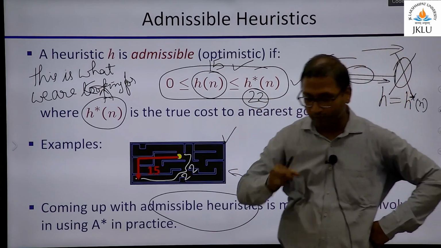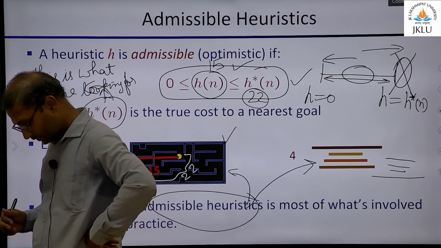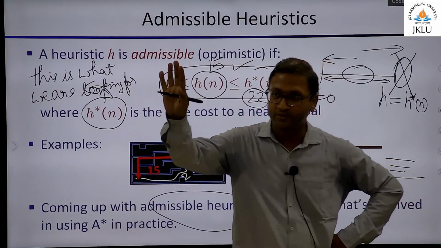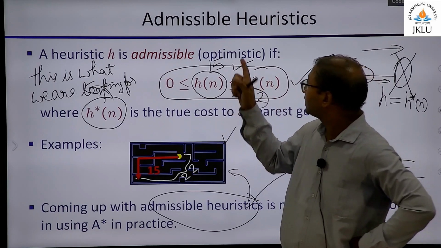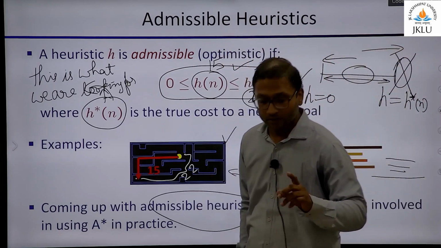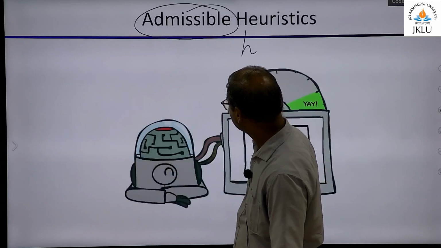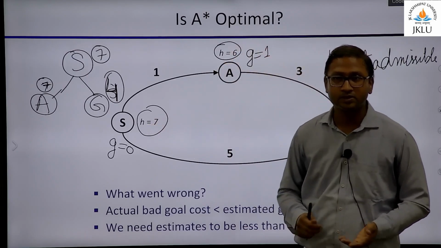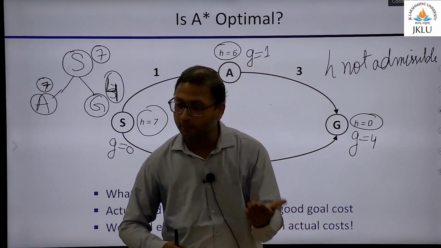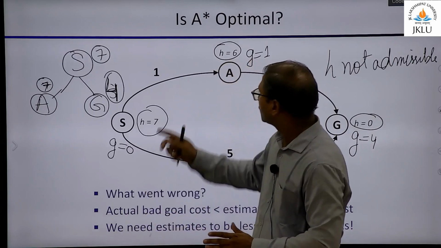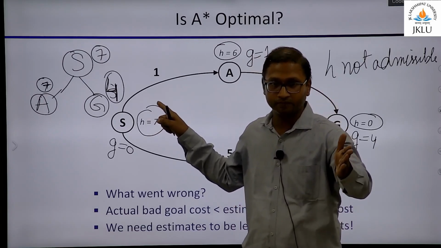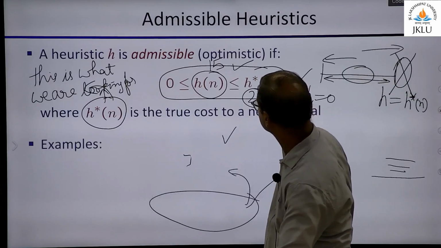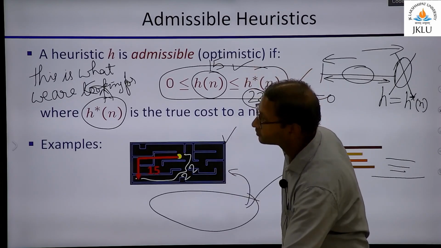Right. So now what is the problem with admissible heuristics? How many of you are okay with the concept of admissible heuristics? I'm not going to ask. Just raise your hands. See, in order to understand admissible heuristics, we have to go back to this slide. In this case, H was 7, H was 6. And what does admissible heuristic imply? It simply says you can't use any H you wish. It must follow some rules. What are those rules? They are given by this equation, right?